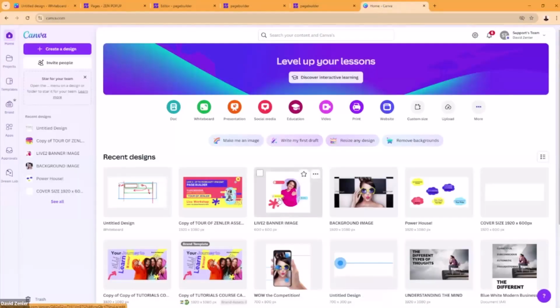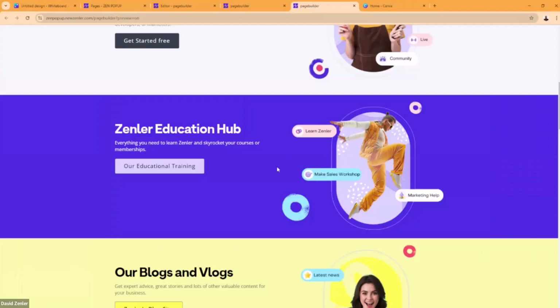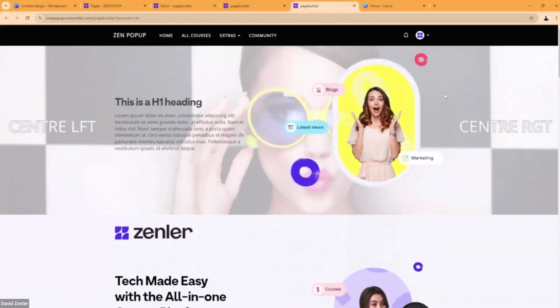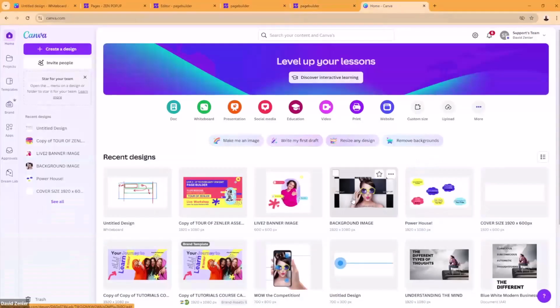Now, these are my sizes. Zenler is very flexible. You can create different sizes, and you can put different size images in. It's absolutely fine. Just make sure that you don't go too big with images. So I'll give you this background image as a Canva template. I'm going to drop it in here. It will be on the replay page. You can download this and you can add whatever you like to it. This you can use for any of your background images. So all you guys will do, if you want to use a background image like this in here, you can use this template that I'm going to give you.